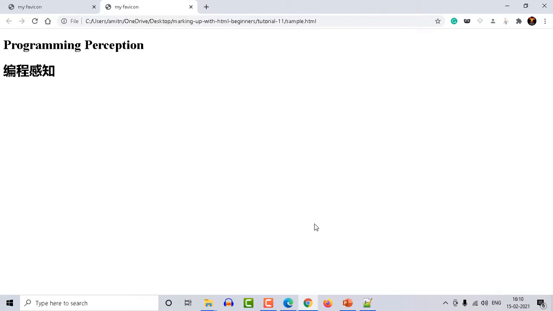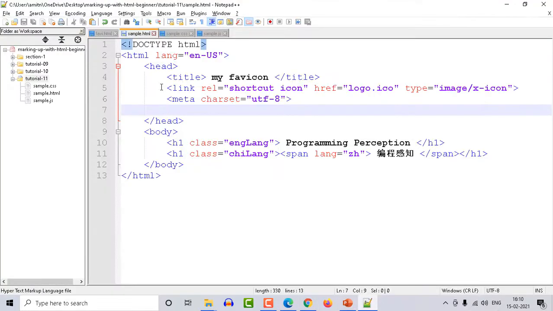Now let me show you how we can provide styles without writing down the CSS code on the HTML page. Now for that we will use the link element and the rel will be stylesheet itself. So it will be stylesheet and then the href will be the name of the CSS file.